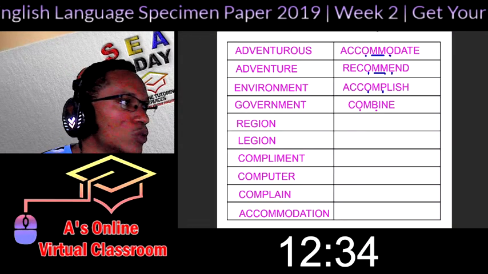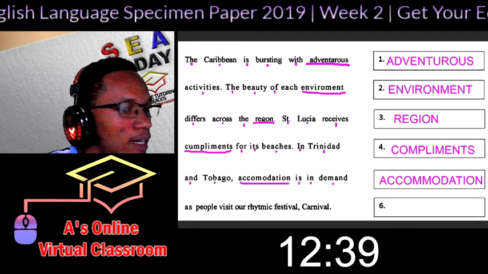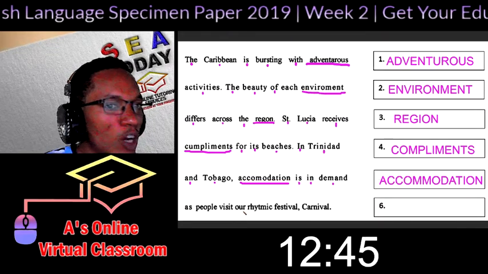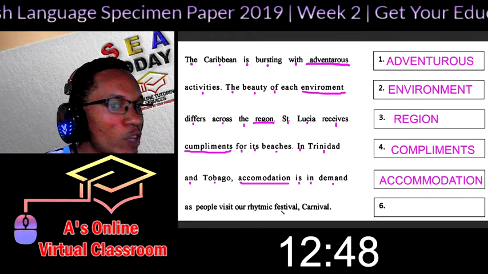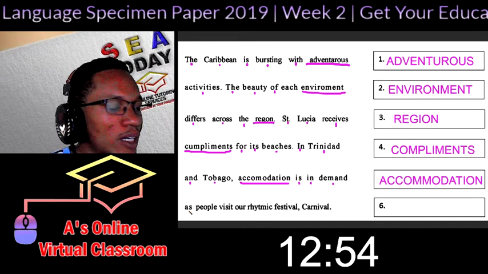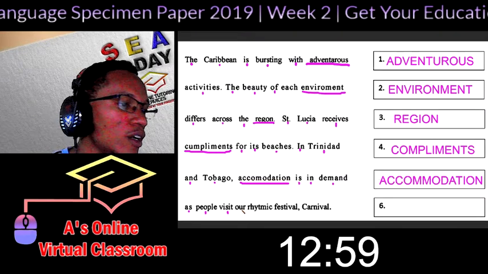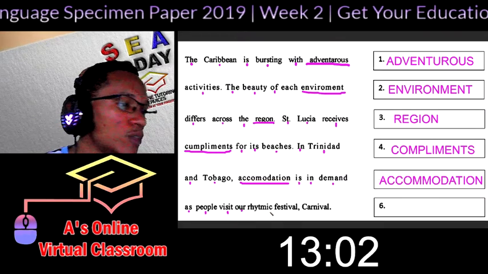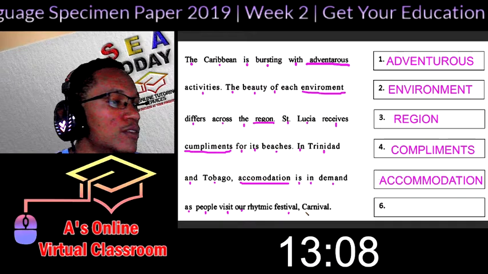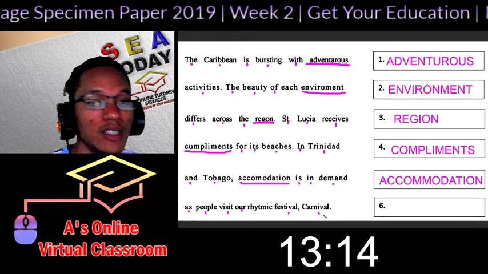Alright, so to get back to our cloze list, the last line in number 6: accommodation is in demand as people visit our rhythmic festival carnival. Alright, so elimination again. We have as is correct, people is correct, visit is correct, our is correct. Rhythmic, I'm not sure about that one. Festival is correct. And for those of us in Trinidad, please know how to spell carnival. This is the correct spelling,